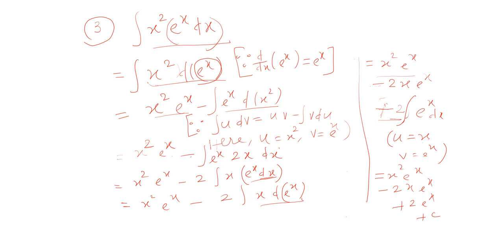u is x, v is e power x. This is my u, and this is my v automatically. Now this will get reduced to x square e power x minus 2x e power x plus 2 e